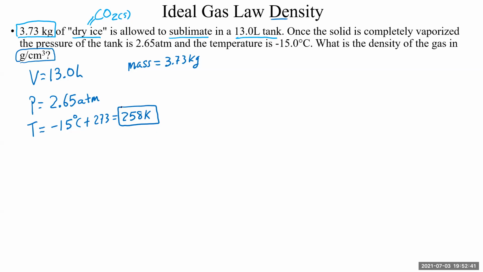A negative value of Celsius just means you're colder than ice, but it doesn't mean you have no heat at all. It's just an arbitrarily set zero point. It doesn't really have any physical meaning. It just has relevance to humans because we care so much about water. Okay, so 258 kelvins. Let's see, 60. Yeah, that looks right.